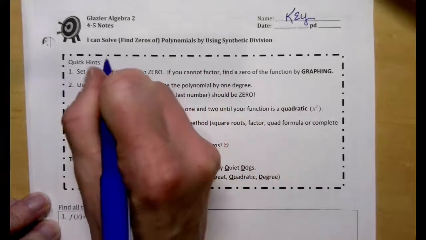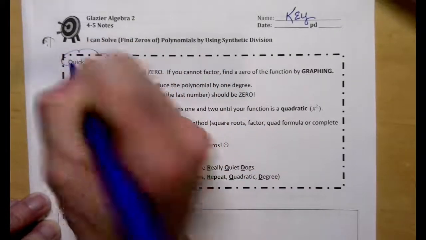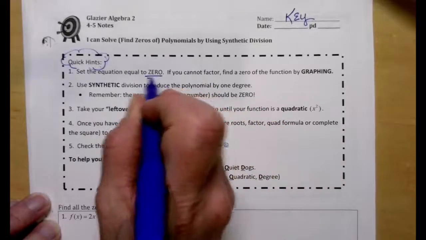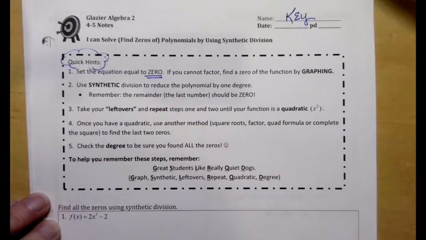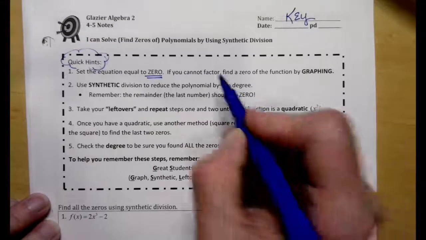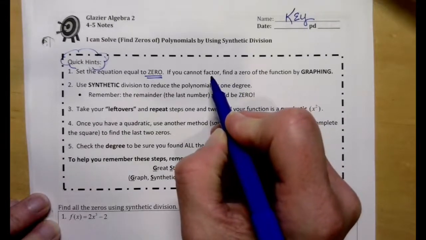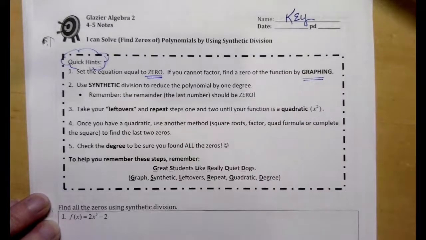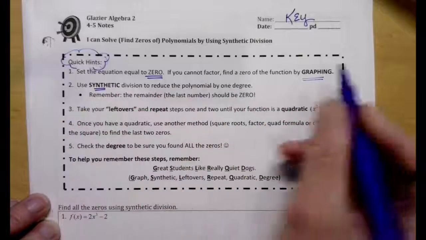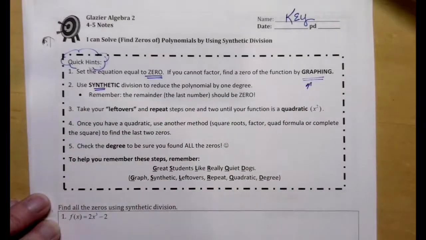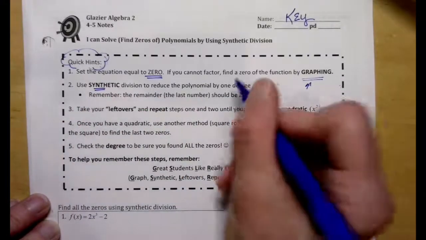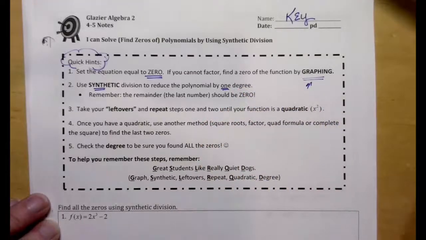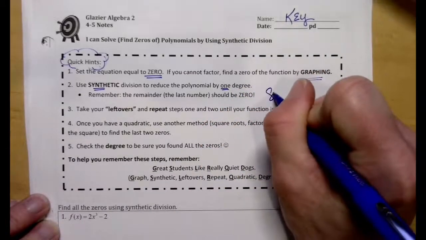Here are some quick hints. The first thing I want you to think about is that every time you are solving, the first thing you're going to do is set the equation equal to 0. And then you're going to try to factor. If you cannot factor, you're going to find a 0 by graphing and asking Desmos to show you where the graph intersects the x-axis. Use synthetic division using the number that you got from there, and then you can reduce that polynomial by 1 degree. Remember, your goal is to get it down to the linear level